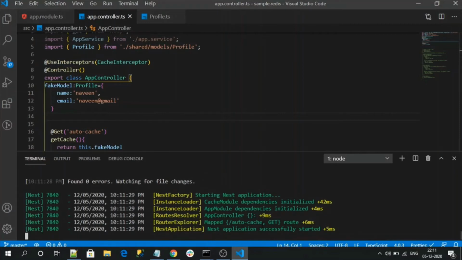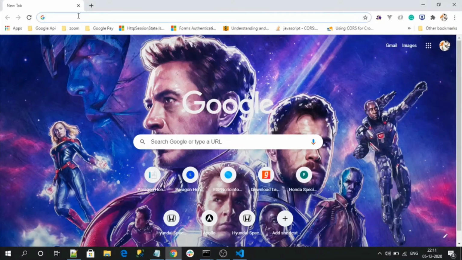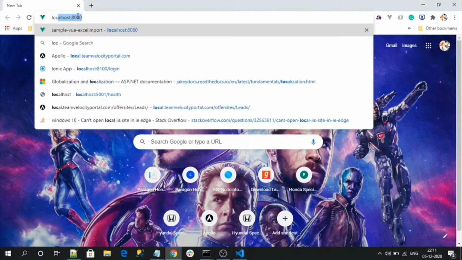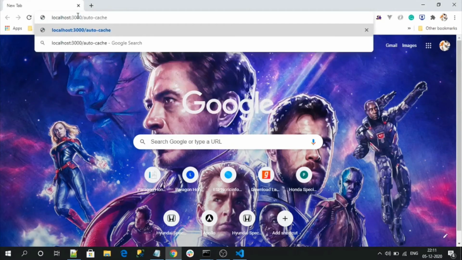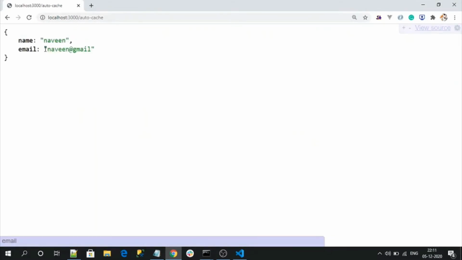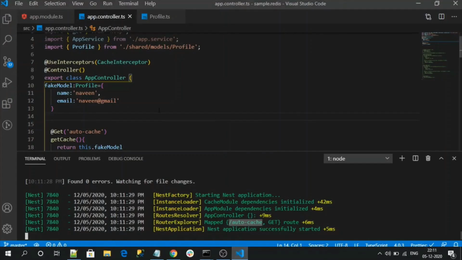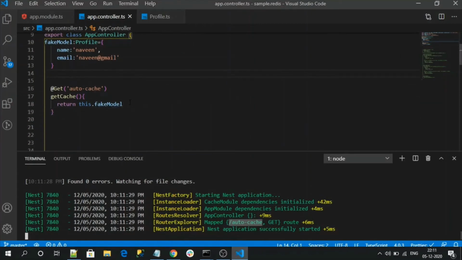Here I have also generated my endpoint. Let's check this auto cache data. So I am getting data, right? But there is no way I can strongly say that it is loading from the cache only, because I cannot modify it here, right?